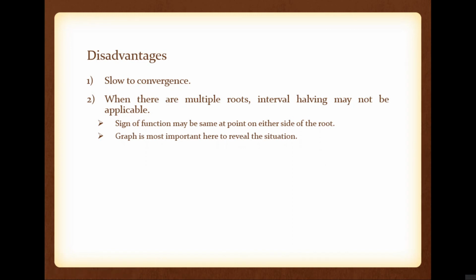But by using the graphical method, we can predict the number of roots, or we can predict the initial condition. So the better thing, in order to find the initial condition, is to use the graphical method. Just draw the graph. By using the graph, make sure that the initial conditions are valid. So anyway, these are the disadvantages in real life. Then another one is, if you have an even number of roots, then by using f dash of x, you can find the root.